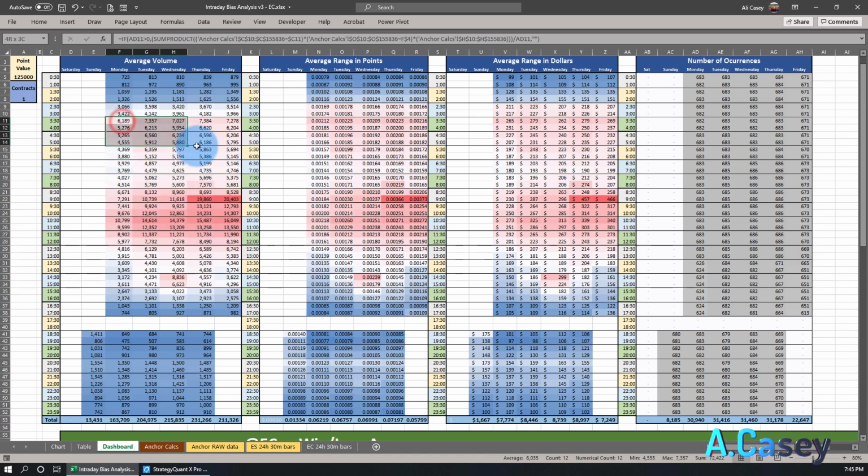Then we have this area, it also looks good, 3 o'clock to 6 o'clock. This is AM, this is EST standard time. And then somehow we have this hour between 2 and 3 p.m. on Wednesday. There must be, I think, a news release every week that happens at this time. That's why this is active. In any case, this is the heat map to know what's the best time to trade,